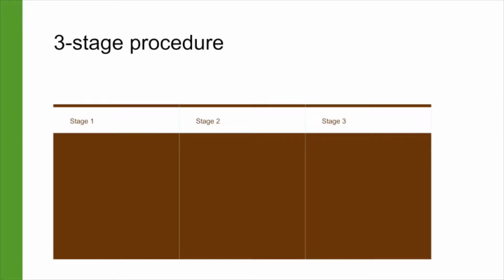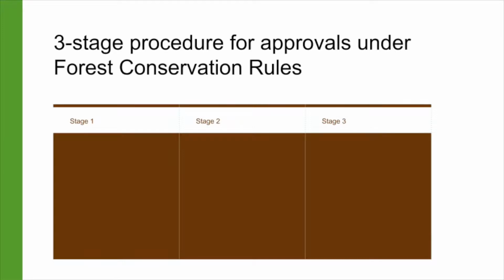The procedure for seeking the central government's approval under the Forest Conservation Act is set out under the Forest Conservation Rules. Any proposal made by any person, organization, company, or government department that wants to get the central government's approval under the Forest Conservation Act for diversion or denotification of forest land for any non-forest purpose, or for using forest land for any non-forest purpose, must follow this procedure.